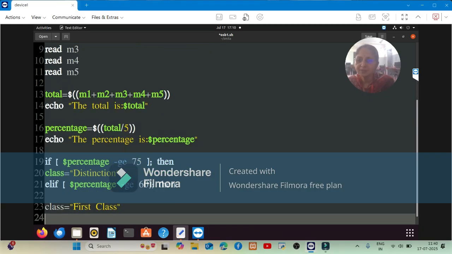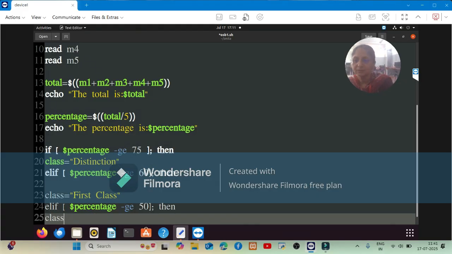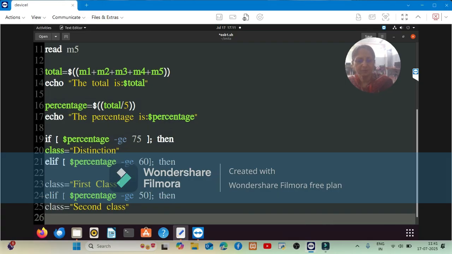Then if this is false, again else if, space, dollar percentage is greater than or equal to 50. Then class is equal to second class, right? Else if the student has scored say 35, we will give pass class.